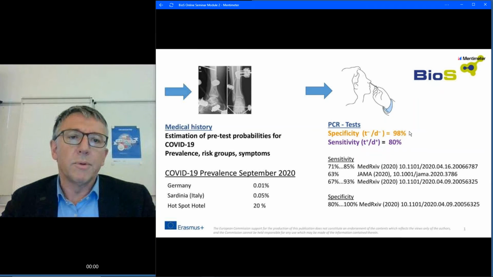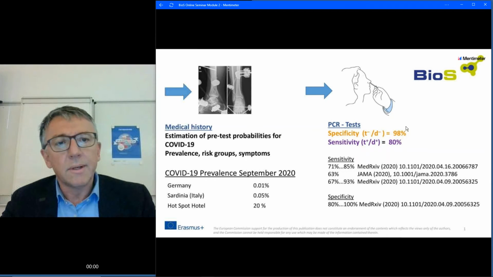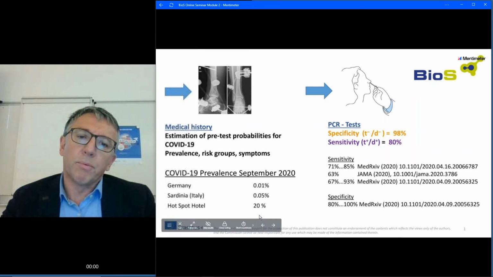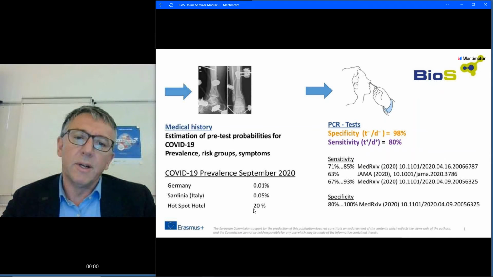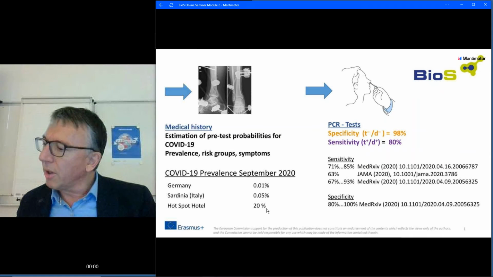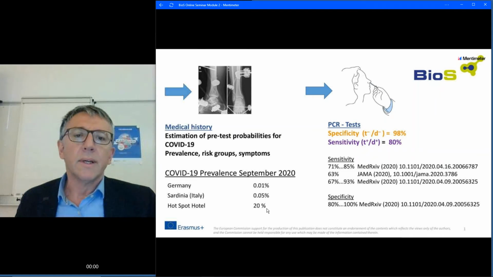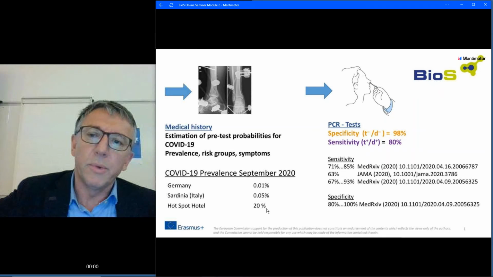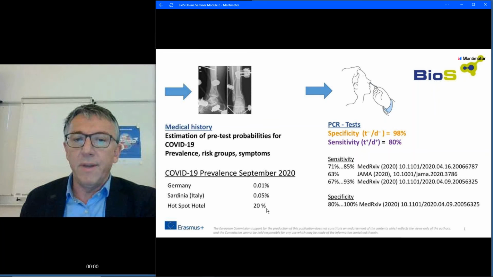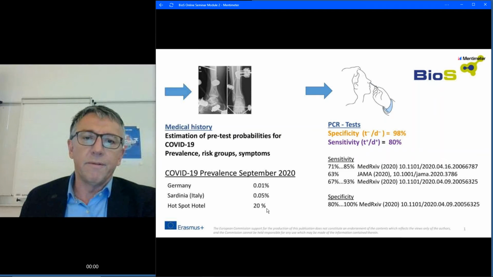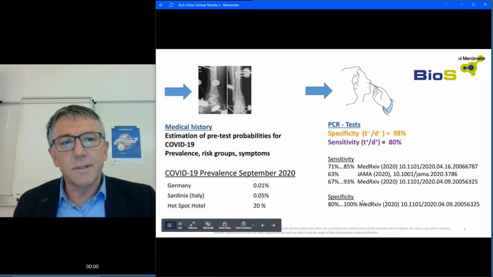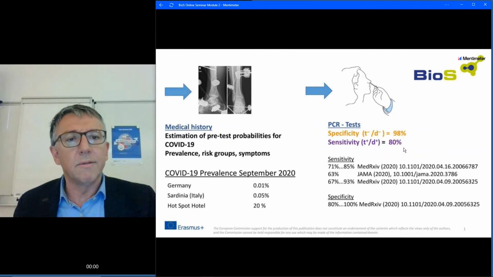The probability is 89%. So we have this specificity and sensitivity, and we have this prevalence. Let's say we have a 20% prevalence of that individual coming from a hotspot. What I want you to do is, very similarly to what we have done for the breast mammography, to calculate the negative predictive value and the positive predictive value from a 20% prevalence with 80% sensitivity and